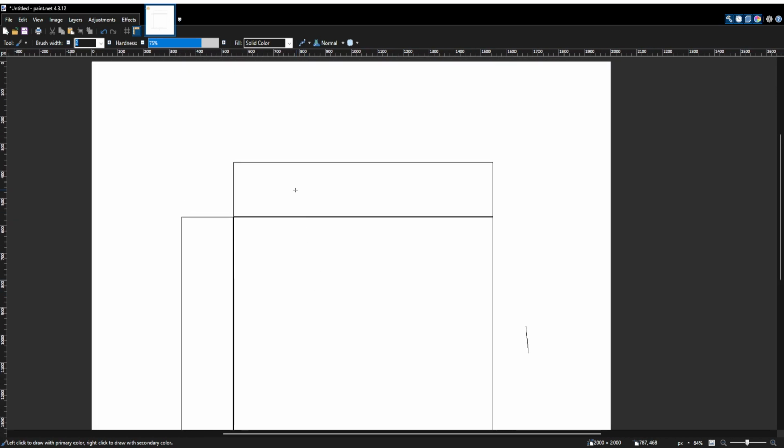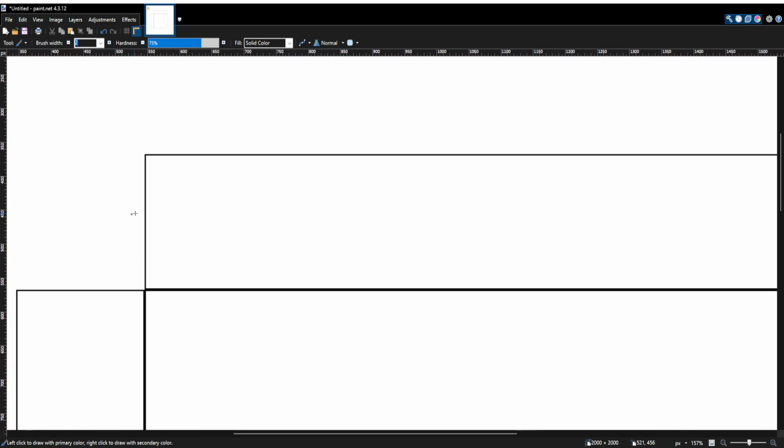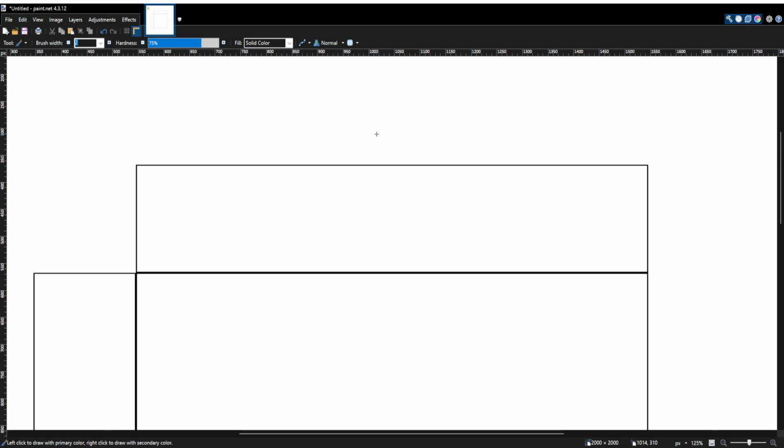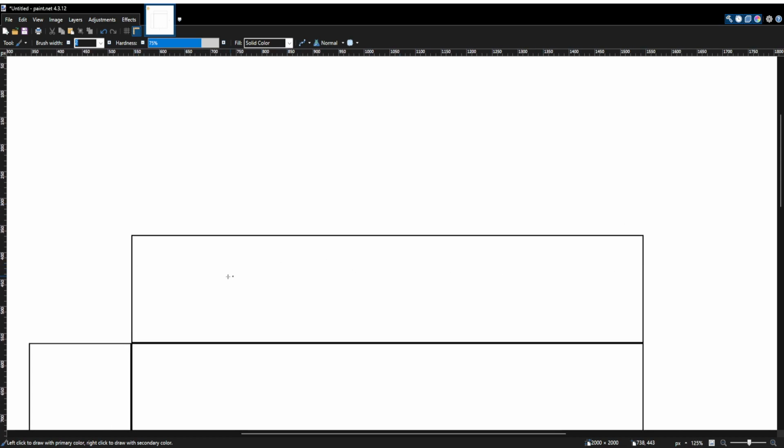Now, I want to think about these rectangles on the sides because they're going to be important here, because I want this rectangle to represent the value of 2/5. Well, how do I represent 2/5? Well, if I take this rectangle and I divide it into a number of squares,